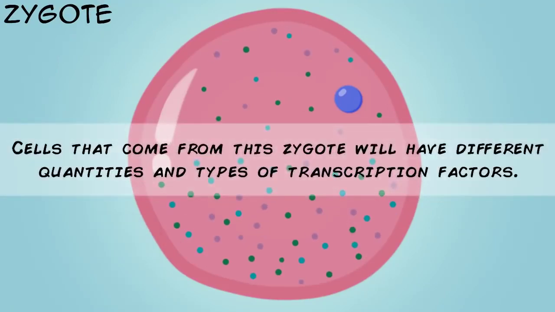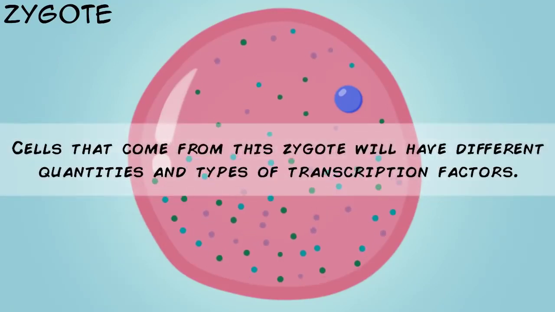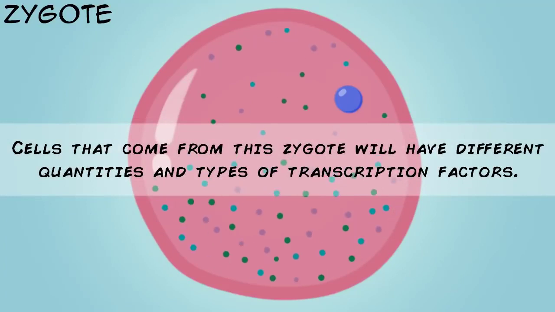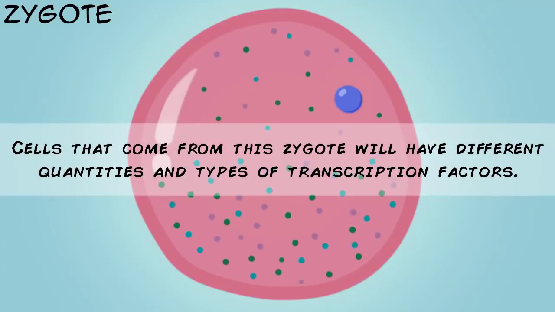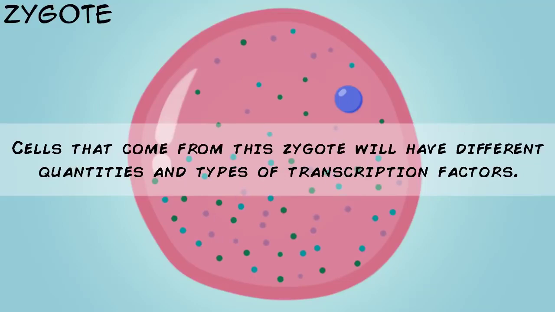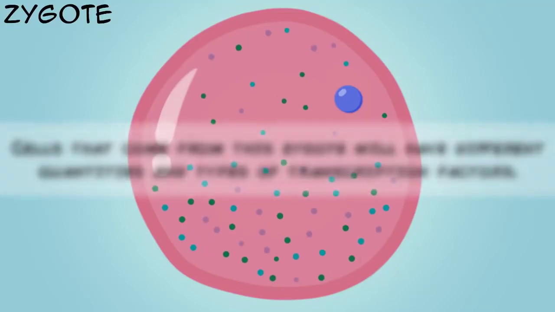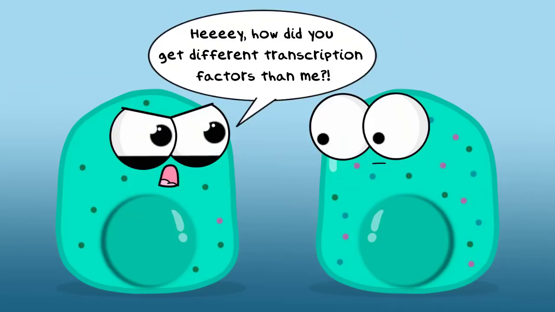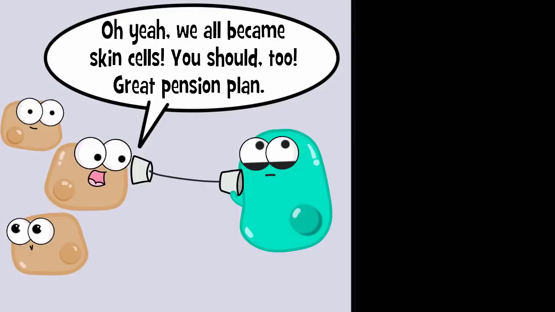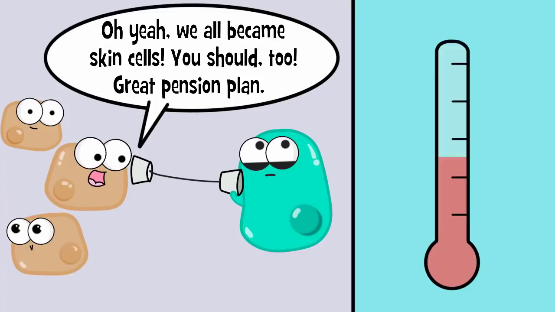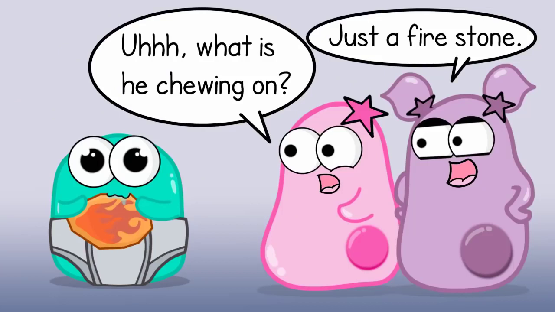Now, the specific location of the stem cell within the developing embryo can matter because the transcription factors available in different areas of the developing embryo can differ in quantity and type, which could impact what a stem cell differentiates into. External cues could involve cell signaling from other cells next to it. External cues can even be environmental effects like temperature. There's still a lot of research in this area, and we can't wait to see what scientists discover about this